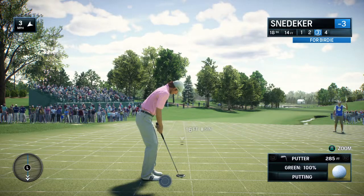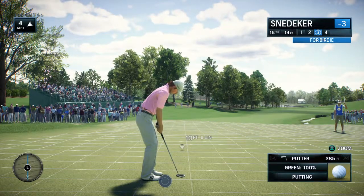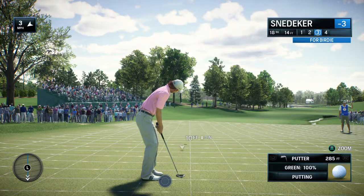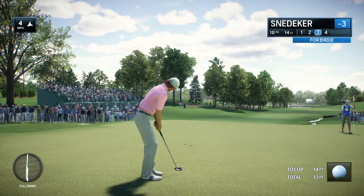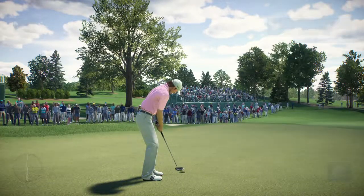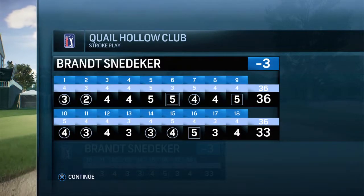Crowd is hushed as Snedeker looks at the birdie putt. Well, you can see he's just disgusted with that effort. For par. Finished with a final score of 69. Frank, solid effort today. What's your assessment? Golf like that